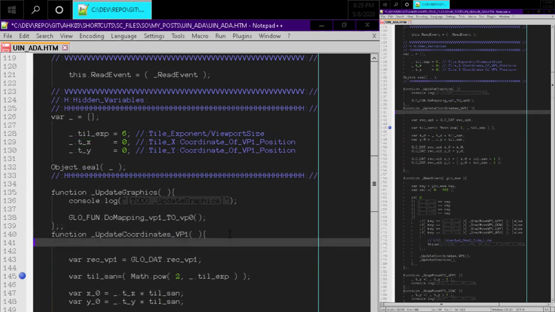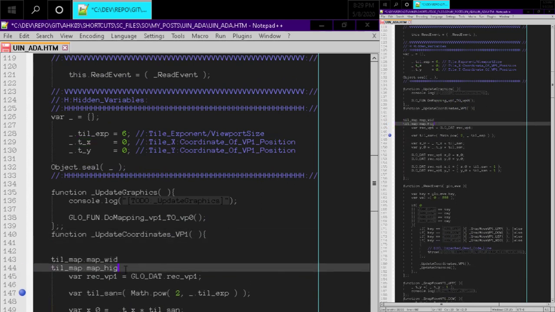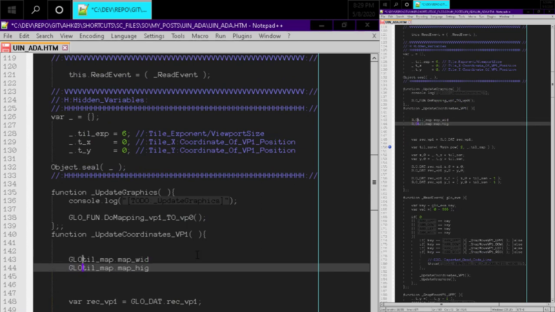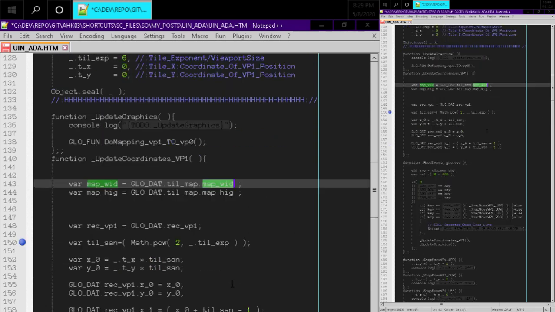And we'll just put this tx, we could actually put this at the beginning. And so this is the global data, and the map width and the map height, and these are in tiles. Oh, so that might be a little bit confusing. This is the map width and the map height